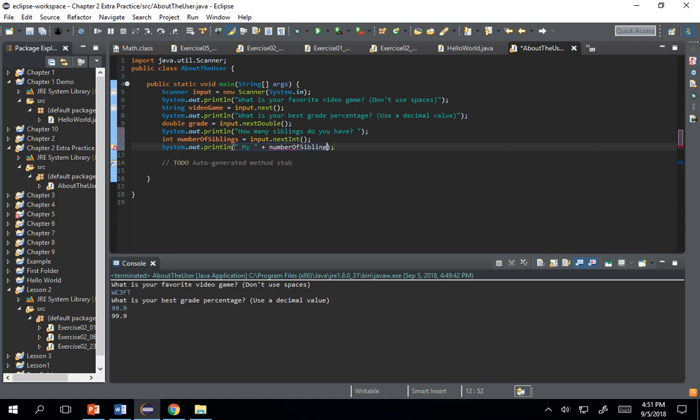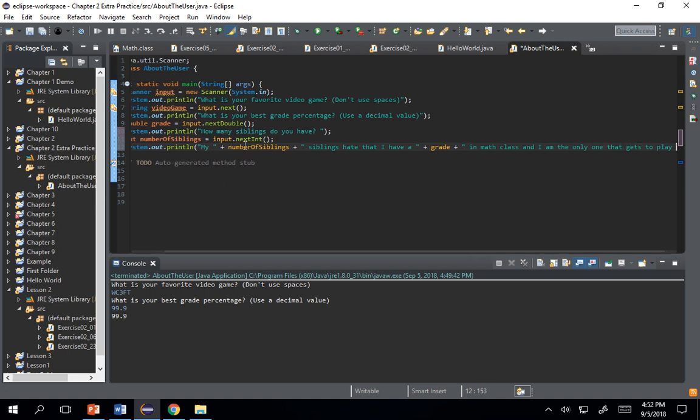Number of siblings. When we're adding a variable or adding a text, you need to add plus to it. So when we're changing between this and this, you need to put a plus always before, and if we're going back to text after. My blank siblings hate that I have a plus grade plus in math class, and I am the only one that gets to play,